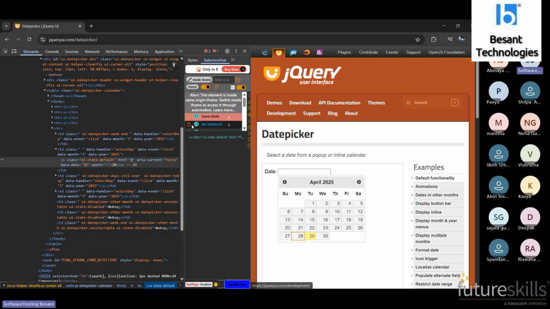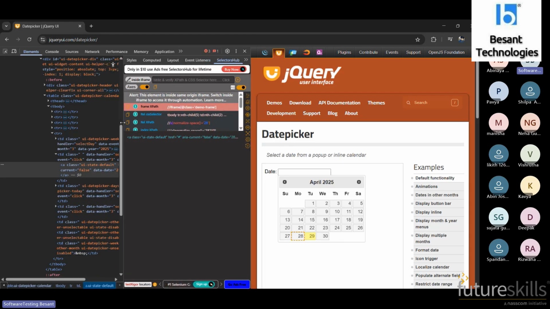We need to extract only the dates. If it has a space, we need to ignore that. Not only on this page, anywhere, the single code should make the difference to extract only the dates. So what are we supposed to do? It is a table.